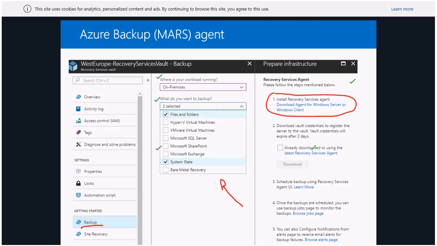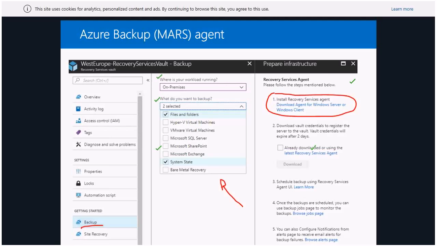And then the procedure is quite simple. It is basically 3 steps. Step number 1 is to download the agent itself and do the installation. Step number 2 is to download the key to connect your agent to your subscription, and then the final step is, of course, to do the registration and then start doing your backups. Okay, that will be for the Azure Backup agent. That's quite simple, and I will run a quick demo now in 2 seconds.